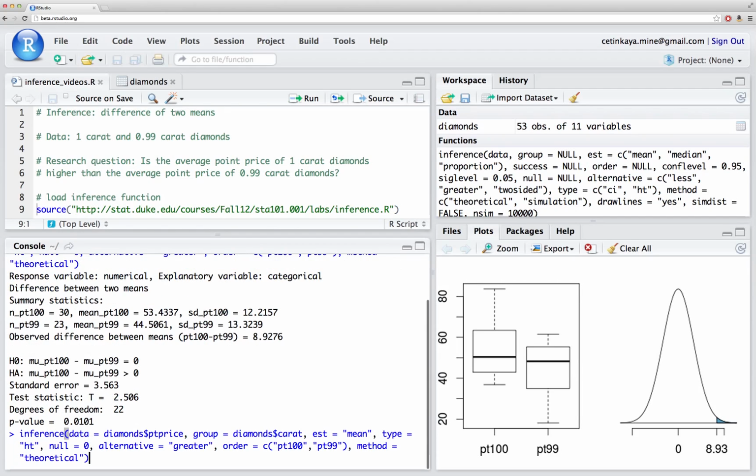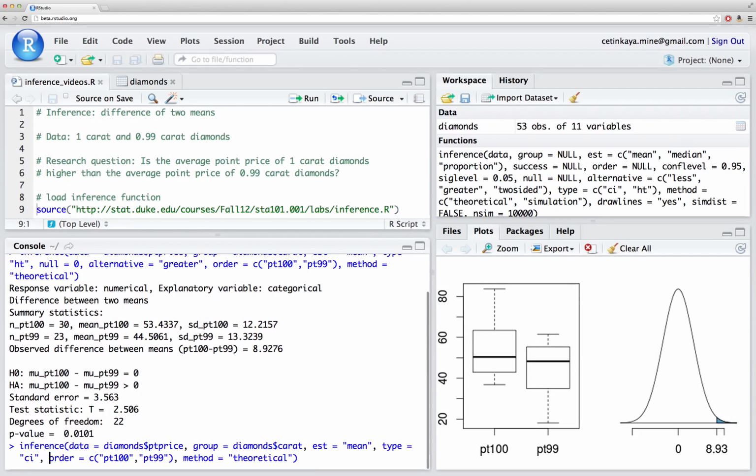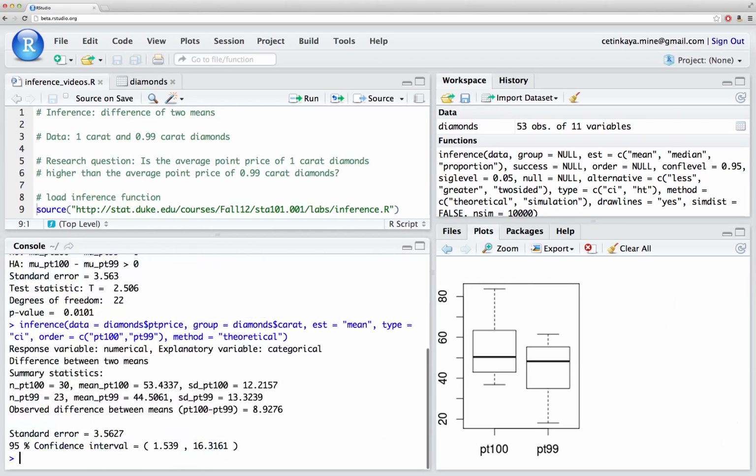We can also use a confidence interval to answer this question. For that, I just need to change my type from HT to CI, and I don't need to specify a null value or an alternative hypothesis since I'm not doing a hypothesis test here. The confidence interval comes out to be between 1.54 to 16.3, and the way I would interpret this is